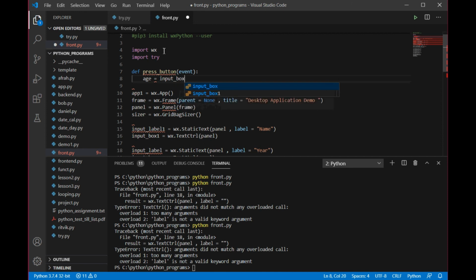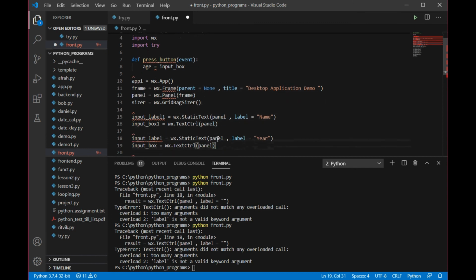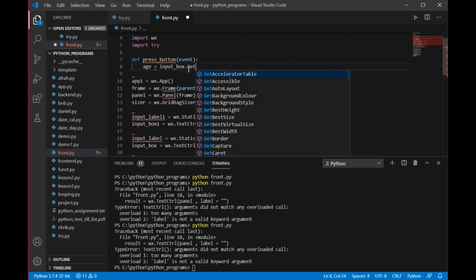See, now you need to check out, we have two boxes, one is input box 1 is input box. You have two different boxes. Now see, year is being entered in input box, so we are going to write input box. Have a look at that, right? Get value, we are going to use the value that is going to be entered by user in this function, right?